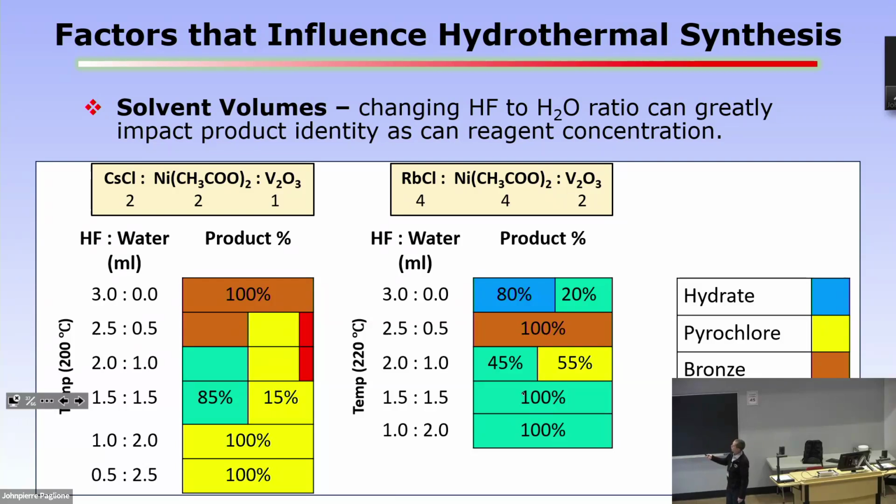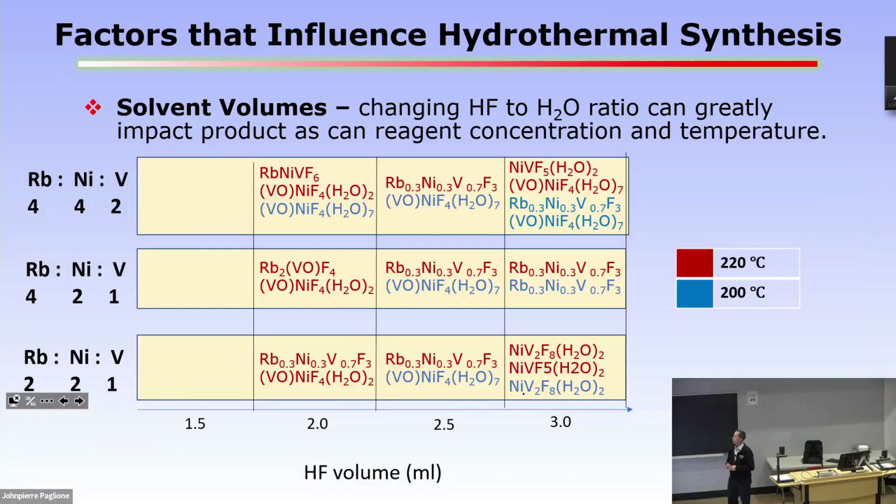If you change the concentration, right, you double everything. And also we're switching to rubidium here, but you make very different compositions. So all these things have a subtle and sometimes not so subtle impact on what you're going to form. So in this particular reaction, just with rubidium, nickel, and vanadium, we're trying to make both tungsten bronzes, pyrochlores,